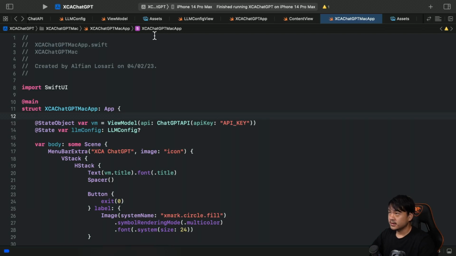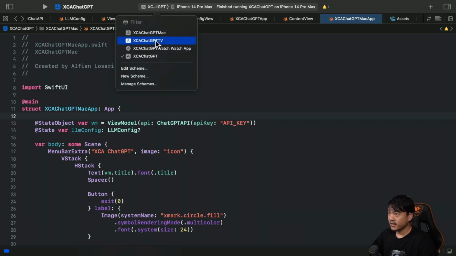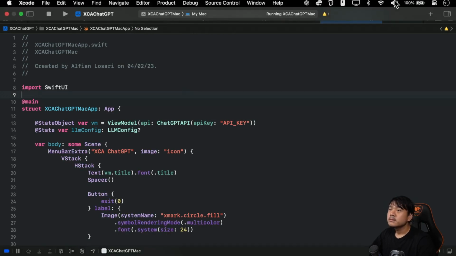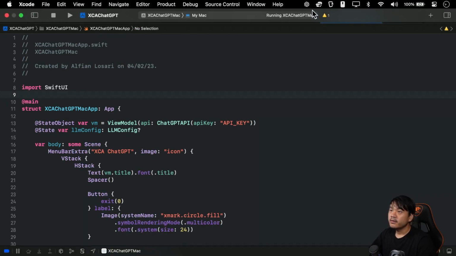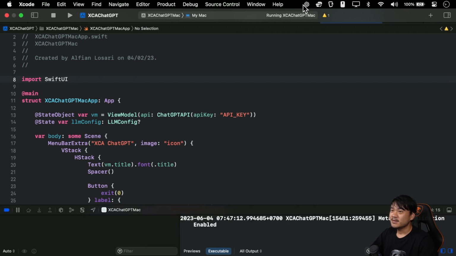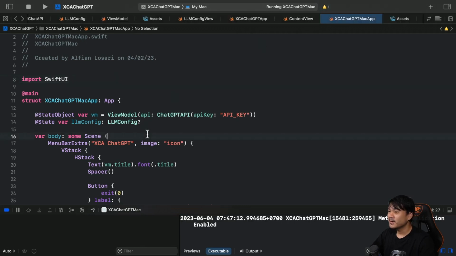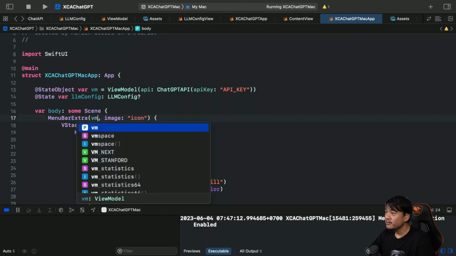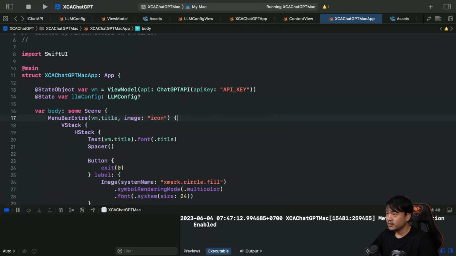Let's select the XCAssets ChatGPT Mac from the scheme in here, and then let's run it. So there you go. We have this. I think the icon for this menu bar, we need to update. It looks a bit weird because this is on the ChatGPT logo, right? So this is the code. Let's change the title first to vm.title. And for the image, let's update this as well to use